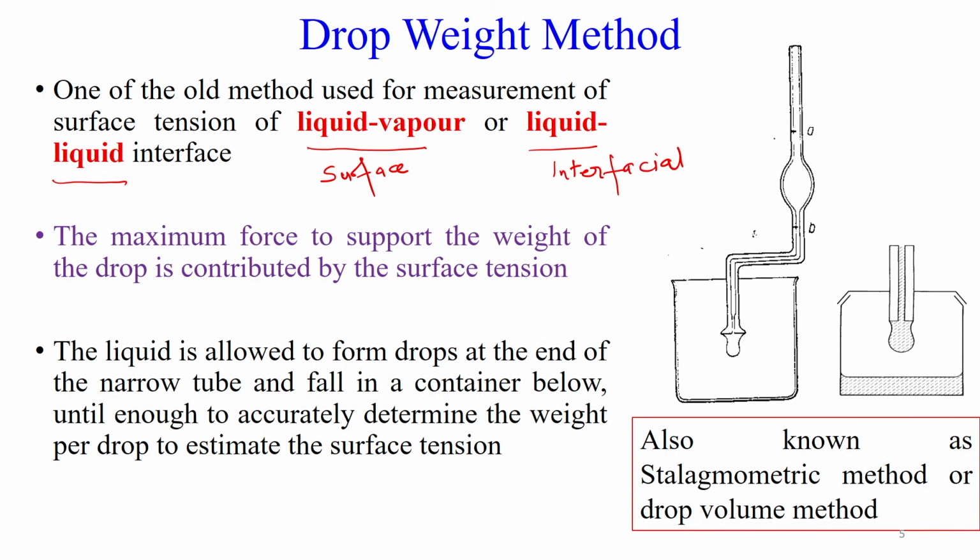So, the main theory or the principle behind this method is that the maximum force to support the weight of a drop is contributed by the surface tension. So, if you can measure the weight of a particular drop, you should be able to calculate or estimate the surface tension. So, in this method we allow the drops from here to fall in the container, and we count the number of drops, how many drops are coming,